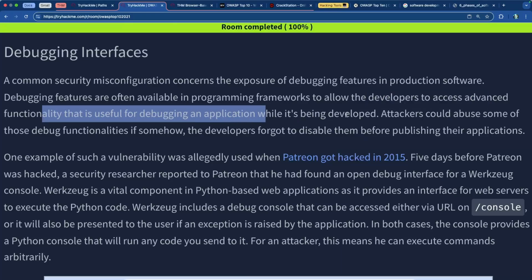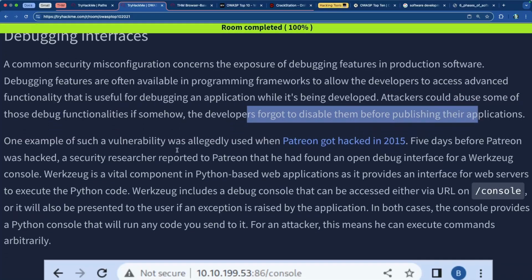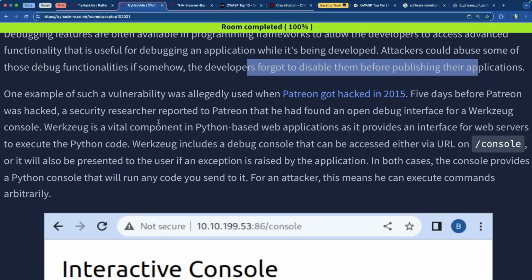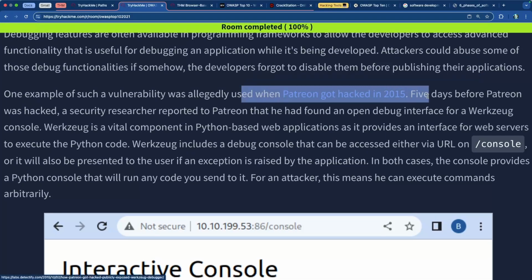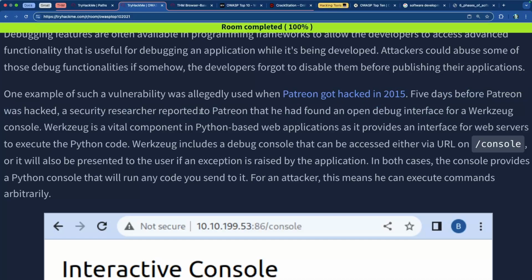an application while it's being developed. Attackers could abuse some of these debug functionalities if somehow the developers forgot to disable them before publishing the application. One of them actually happened to Patreon in 2015. 5 days before Patreon was hacked, a security researcher reported to Patreon that he had found an open debug interface